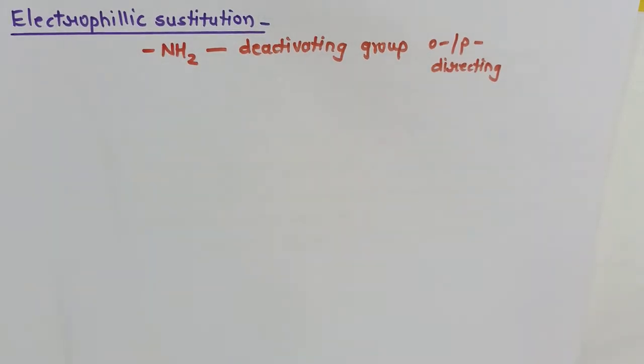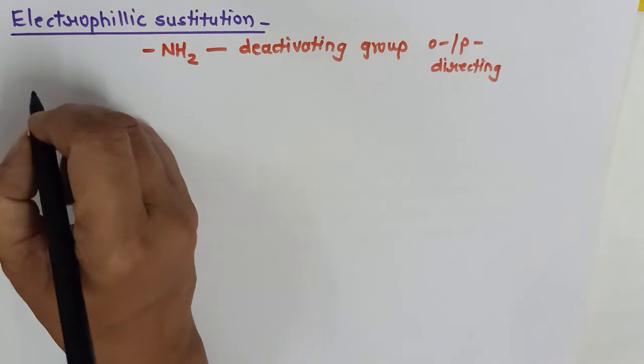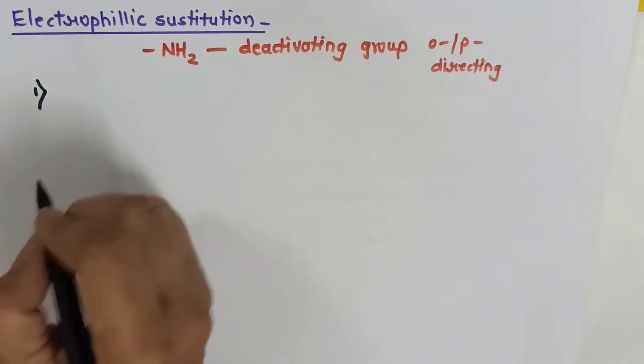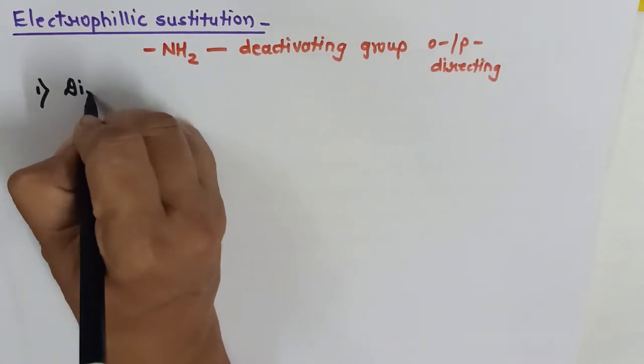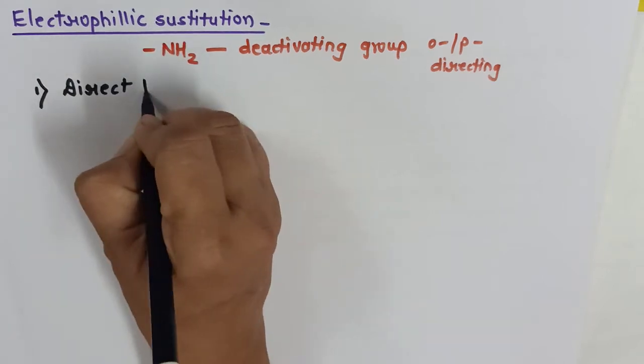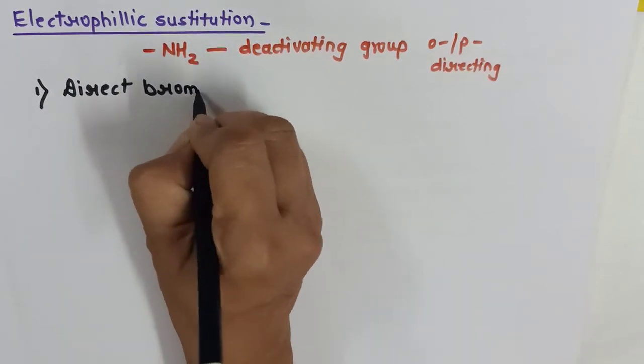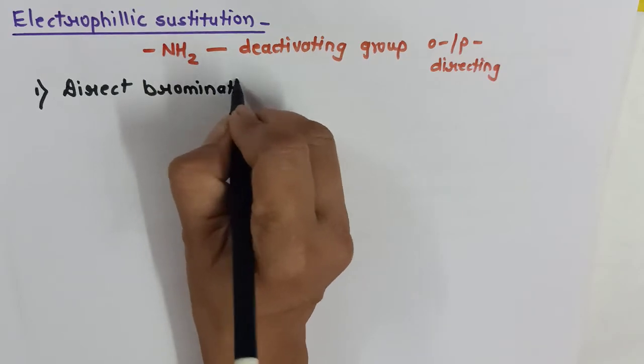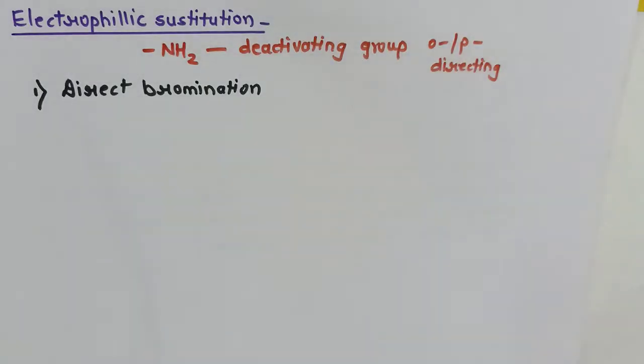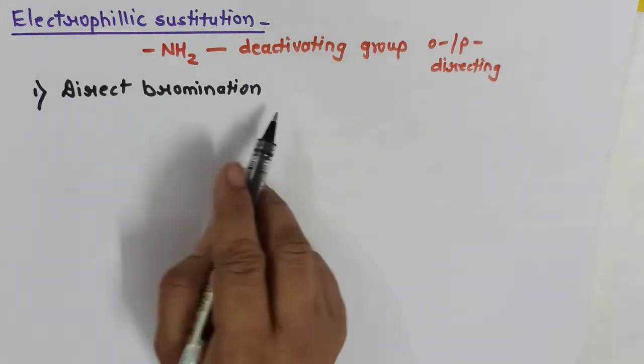Now from our basic knowledge, we know the types of electrophilic substitution reaction: halogenation, nitration, sulfonation and Friedel-Crafts reaction. So let us begin one by one. The very first reaction that we are going to study is halogenation. First one, direct bromination. We can add direct halogen to aromatic amine, or we can add it an indirect way also. So when it is a direct bromination,